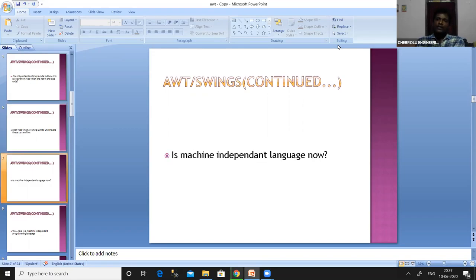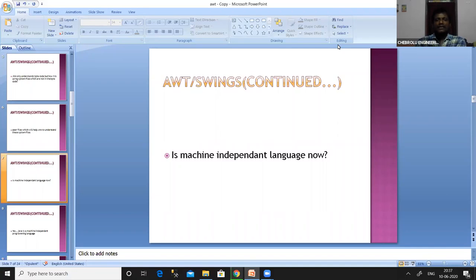So using AWT clearly shows that a particular button creation depends upon the system files of button creation. Similarly, when we want to create a frame, it will depend upon the system files of frame creation. And when we want to create some other component or container, it will definitely depend upon the system files of creating that component and container.